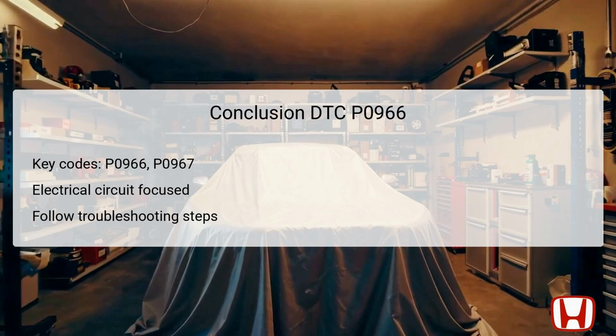By systematically checking connections, resistance, continuity, and performing necessary repairs, technicians can resolve the underlying issues. Keeping preventive measures in mind will further assist in maintaining the integrity of the CVT system and bolstering overall vehicle reliability. Mastering these aspects is essential for any technician specializing in Honda vehicle